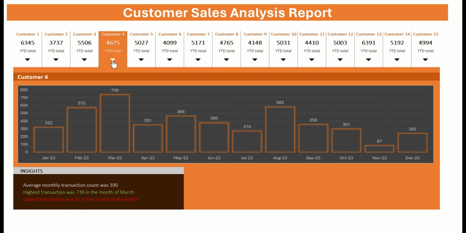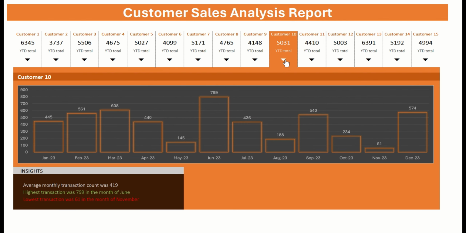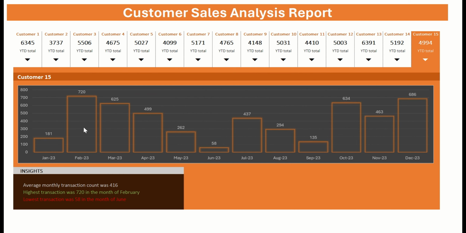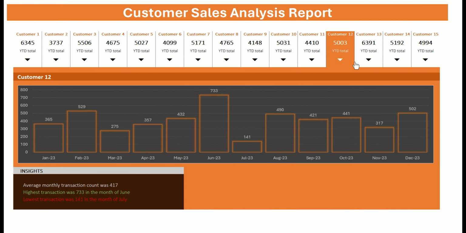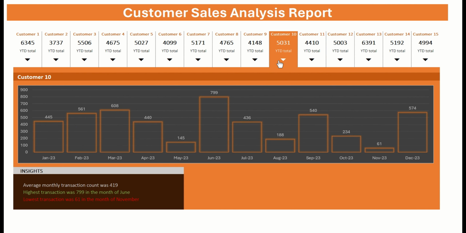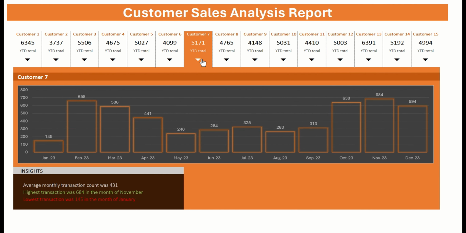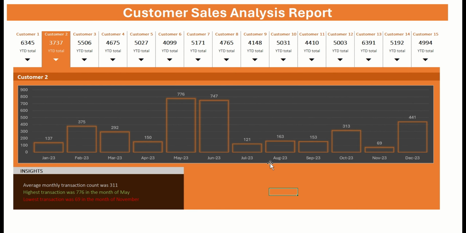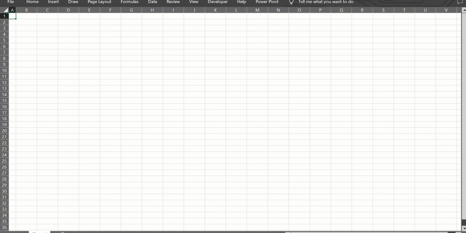I am creating this customer analysis report that has this interesting rollover feature. When you roll over a particular customer, the data in the charts and the analysis to the bottom left of the screen updates with the customer's information. So let's get started. I start by